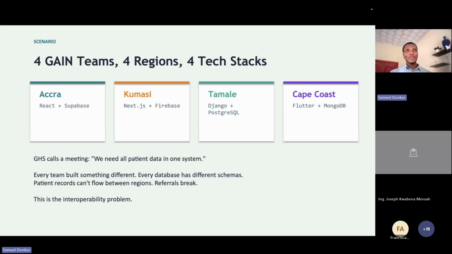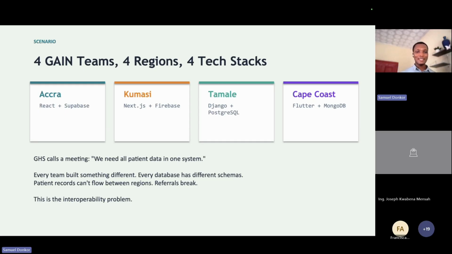So let's say after the end of the year, you have built something really cool that collects patient data, this really cool EHR system, right? That's going to disrupt healthcare and solve the healthcare problems in Ghana, right? And then at the end of the year, Ghana Health Services recognizes you and says, hey, you're doing something really cool. We would like all of you to come together, because we need all patient data in one system, right? Let's say we want to see which communities or regions have a prevalence of this disease and which don't. Where should we deploy much more resources, and all that. So you eventually have to all come together and integrate your systems into each other,